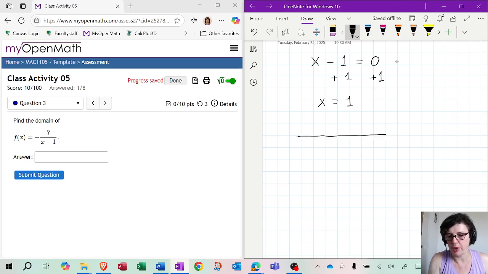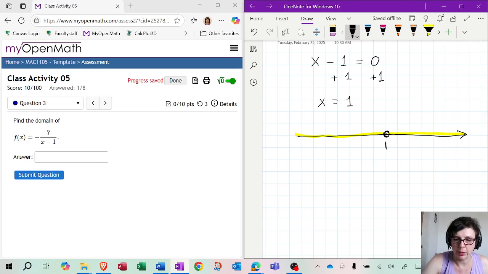So how would we write that in interval notation? Well, we have to first identify where that x equals 1 is. So x equals 1 is going to be right here. And anything other than that will be okay. So if you had to draw the domain, you would just lift the pen from the paper at 1, everything else is okay. Because you are lifting it from the paper, that means that this 1 is going to be an empty circle. There is nothing inside because you're just taking a point and plucking it out of there.